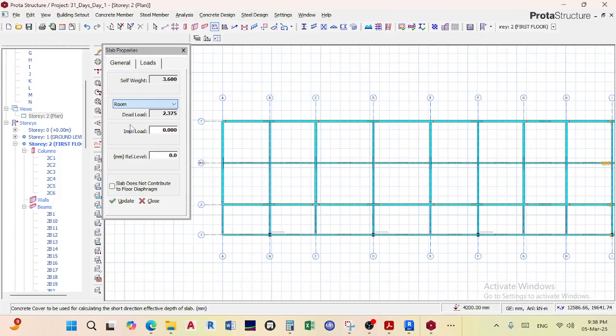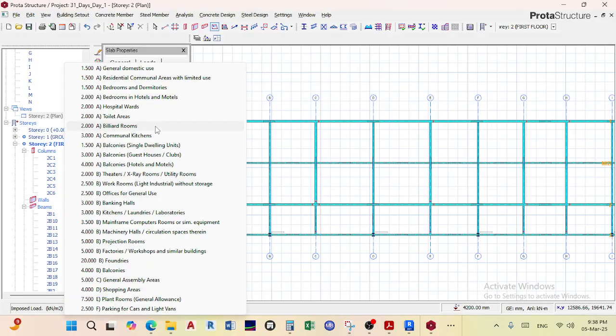And then the dead load says 2.37. These values you can change them if you like, but these are the defaults for concrete. And then the imposed load, you right click, and then it gives you certain information. For a classroom, you probably need to use something like communal kitchens. Anything with three would suit a classroom, even these kitchen laboratories. 3.5, no, that's too much. Less than 3